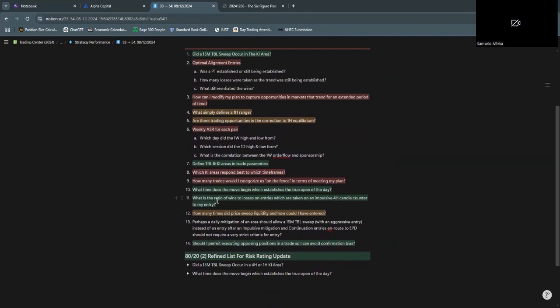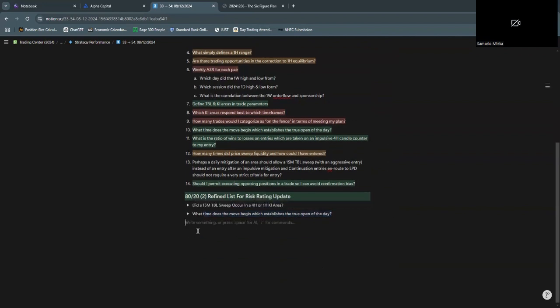This is something I've also observed, but also then decided that this could be filtered out by looking at what time the daily distributions essentially begin. Because what this is trying to establish is, am I taking entries against the sponsorship of the day, essentially. This is more specific with looking at the 4 hour candle closures, whereas this looks at the true open at large. And so then, having refined this list of 12 to two, because these two questions were just taken from trades as I was observing,